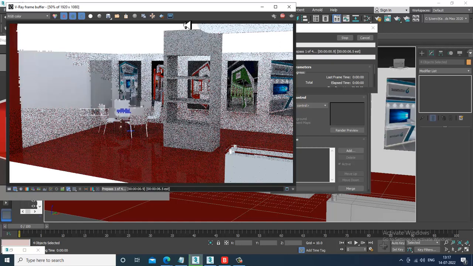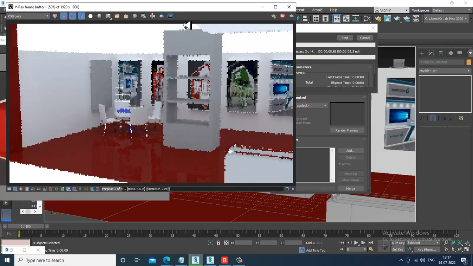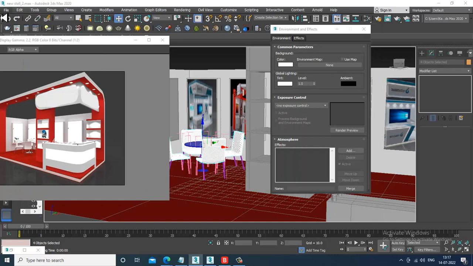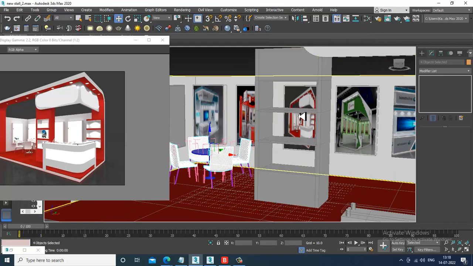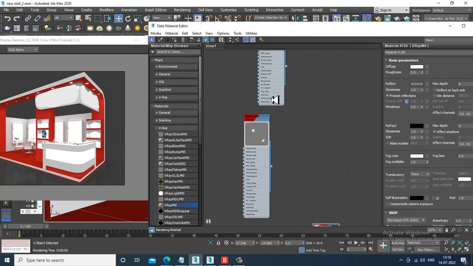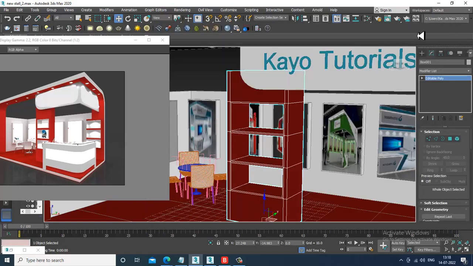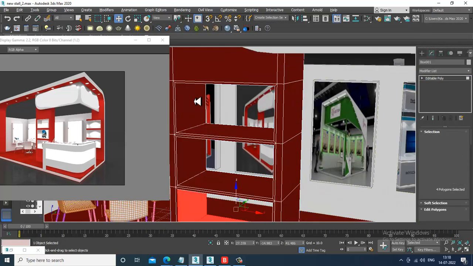So you can just save your file once. Alright. So now again I'll go over here, select this, and let's give the same color. So definitely we'll be adding lights also. So select all of this